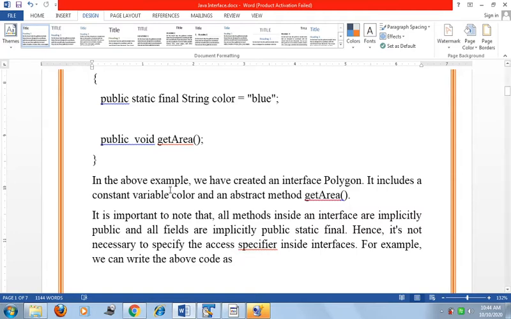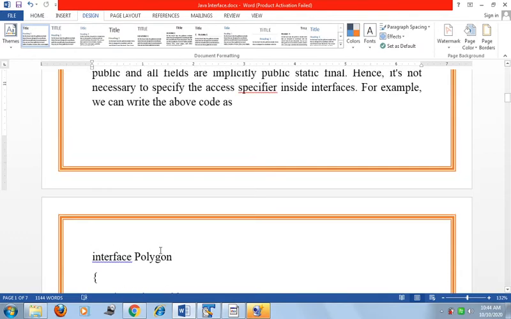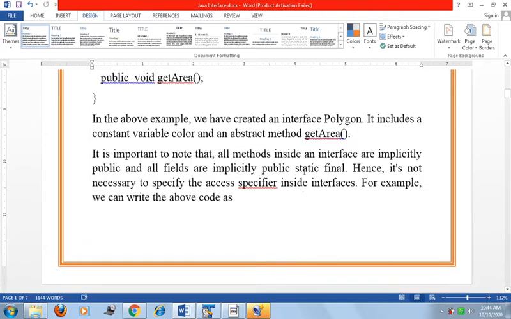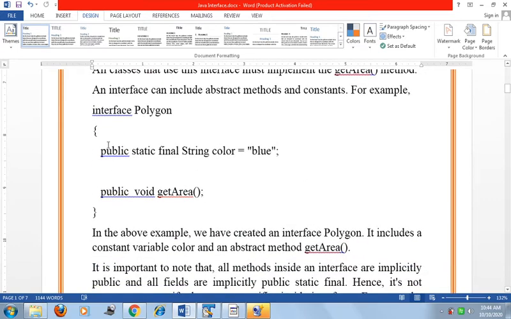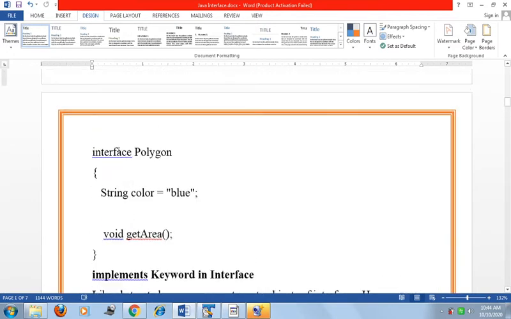For example, we can write the above code like this: interface Polygon, and here String color equal to blue and void getArea, because by default the variable and the method are public static final. So we need not give an access modifier in the interface. We can declare the above program like that: interface Polygon, String color equal to blue, and void getArea.